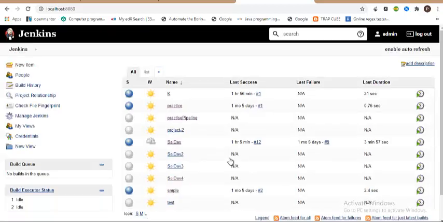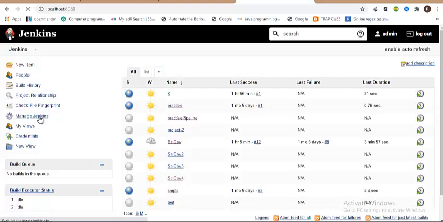This is the screen that I'm seeing because I have already installed and ran several projects, but in your case it is not the case. You have to configure a lot of plugins and a lot of tools that are required so that Jenkins can operate well. The moment you get into the home screen, it will ask you to do configuration.